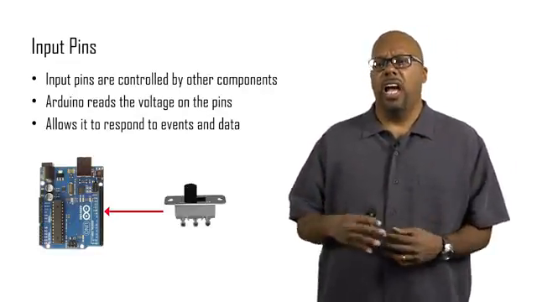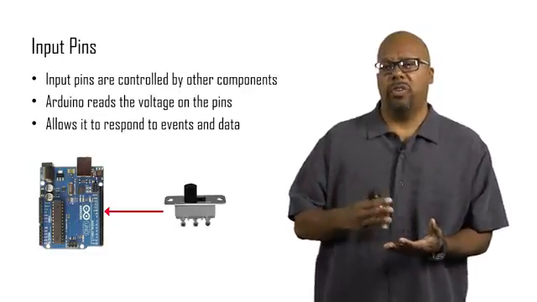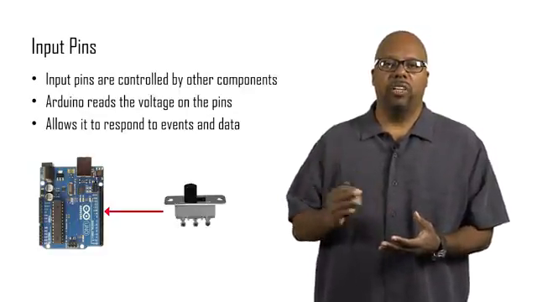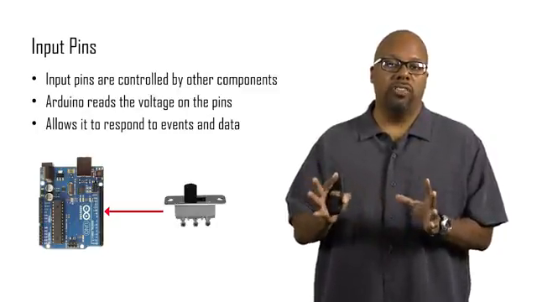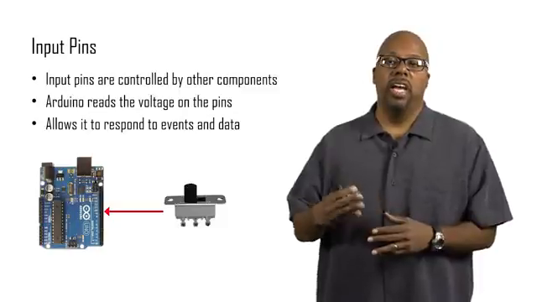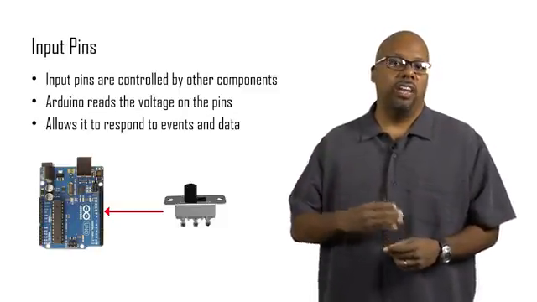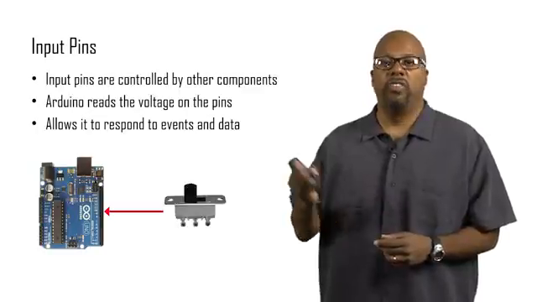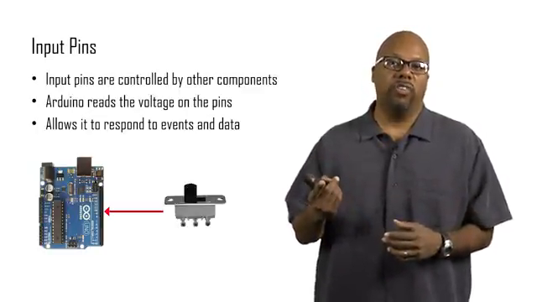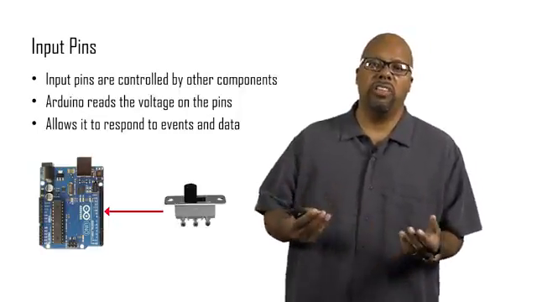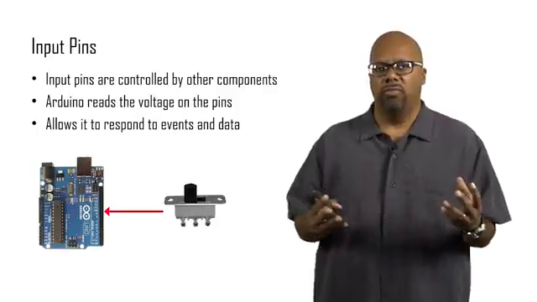Very simple. If we wire this up properly, this switch, if it's switched one way, actually this is 3-state, but say it's a regular switch, it just has 2 positions, on, off. So we could wire a circuit so that if the switch was switched one way, a voltage, maybe 5 volts, would appear on one of the pins. And if it was switched the other way, then 0 volts would appear. And then inside your sketch, you can detect if 5 volts is on the pin or if 0 volts is on the pin,